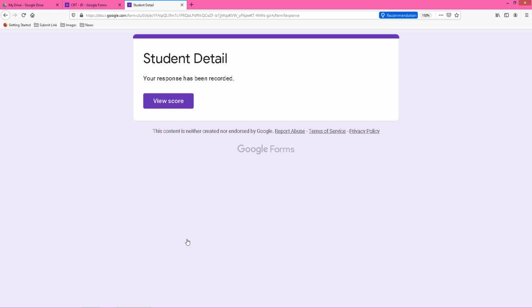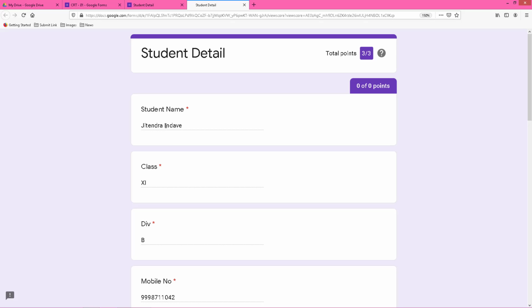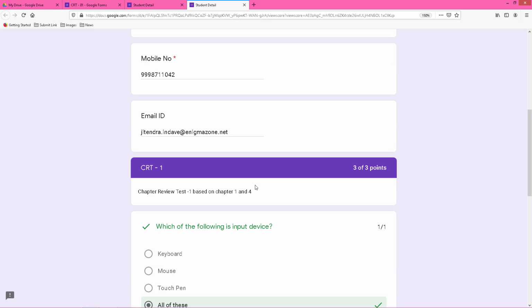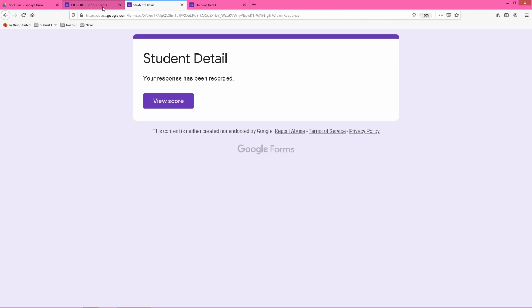So as soon as the test is completed, this kind of option will appear to the student, view score. When they click on it, they will get the result, whether they have completed the test or not. Here in the right top corner you can see the marks acquired along with their response and personal details. After completing the test,